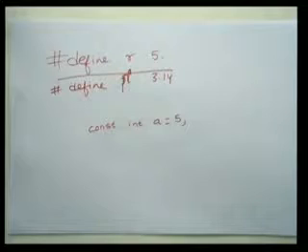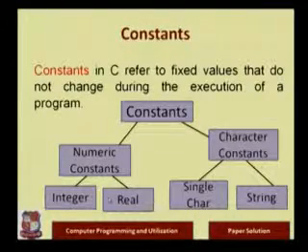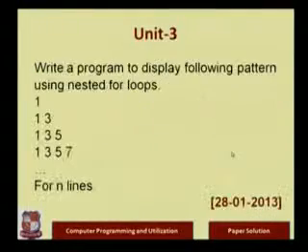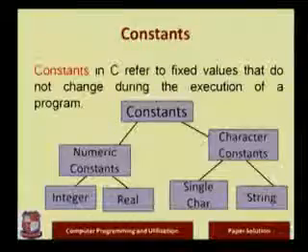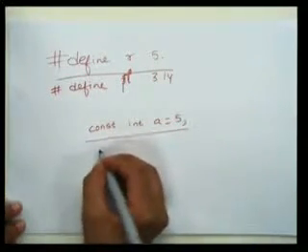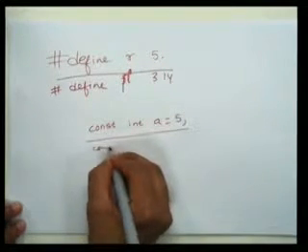You can also show this chart which is showing that constants are of two types. They are numeric constants and character constants. In numeric constants we have integer constant and real constant, that means our floating point number. In character constants we have single character constant and string constants. Now you can discuss further that integer constant, this way you can specify, right? Then for real constants also you can use const variable and declare it, right?